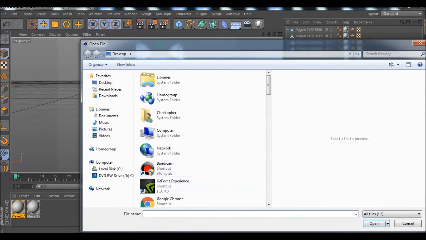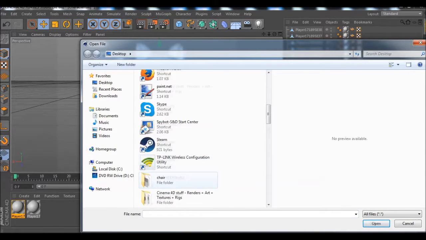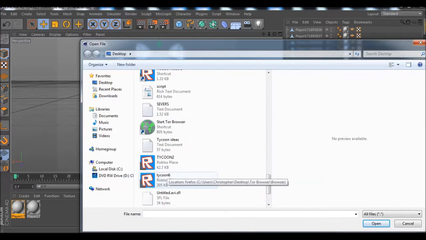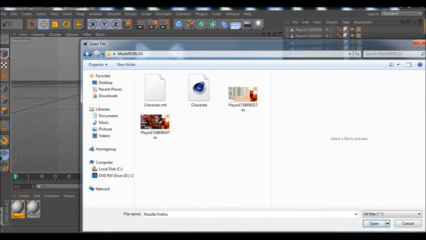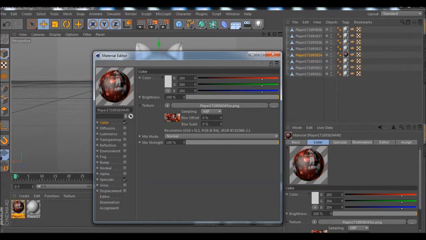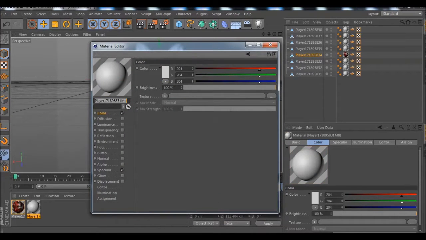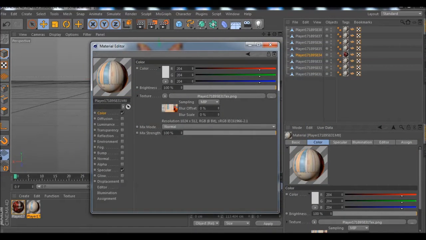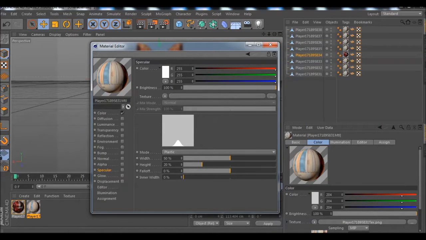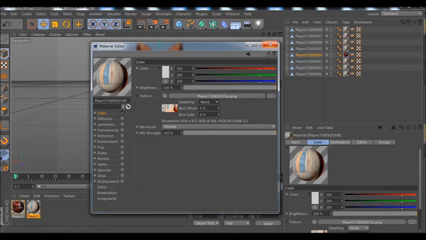So just click on the material as we said. Go to the folder, and click on that material, change it to that, and turn off specular. Do the same for the other part. Turn off specular and change it to none.